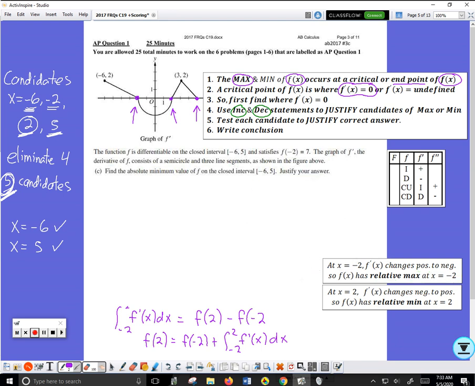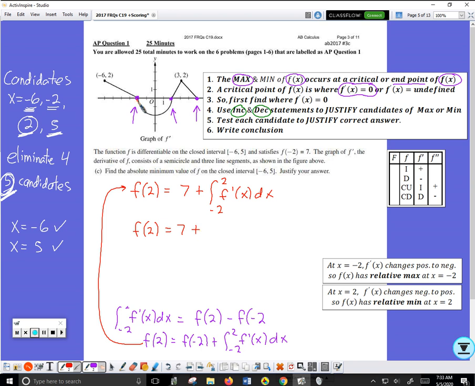Okay, so right here, I'm going to get f of 2 will equal f of negative 2, which is 7, plus the integral from negative 2 to 2 of f prime. So that means f of 2 is going to equal 7 plus